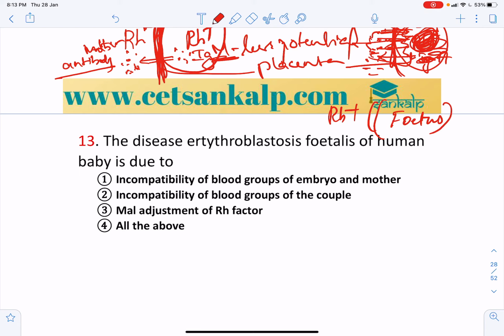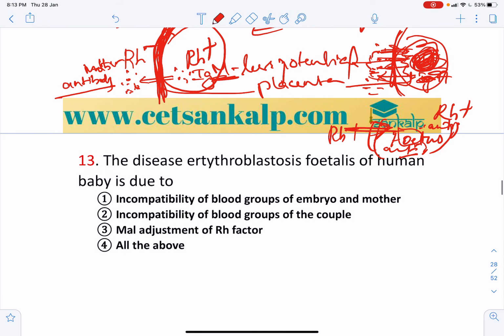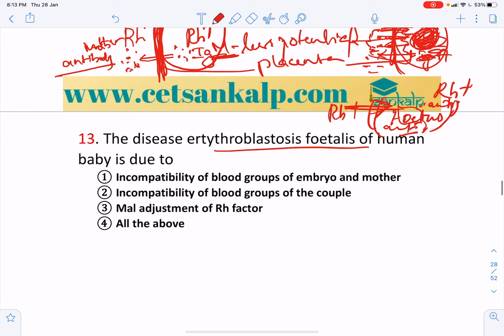In the fetus, we know there will be antigen, because it is Rh positive. Once these antibodies enter, they destroy the fetus's red blood cells. Hence it is called hemolytic disease, where mainly RBCs are destroyed, or erythroblastosis fetalis. This disease of the human baby is due to